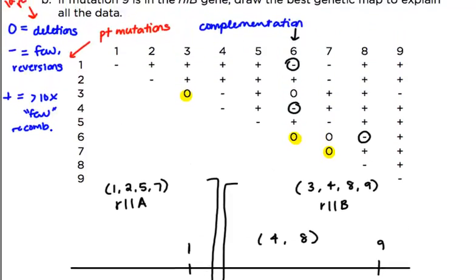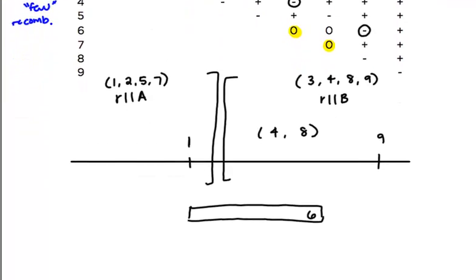Now let's look at mutation 3. Deletion 3, if you look across the column for 3, it does not recombine with 4 or 9. So we know that deletion 3 must span 4 and 9. So if we put this here and say this is deletion 3,